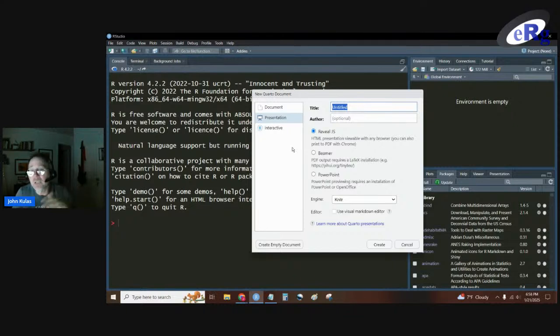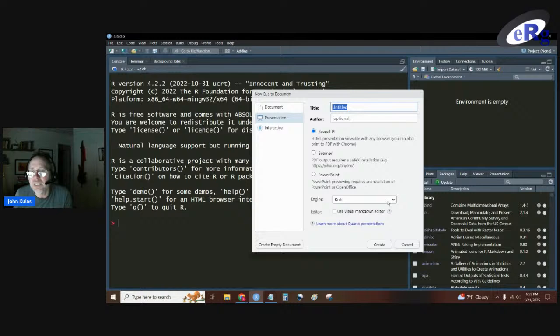This wizard is going to walk you through some fairly standard options. There are three main presentation types that you can author out of the box with Quarto. Reveal.js is the one that I've been using, and it's the default. Beamer presentations are going to give you a PDF version of slides, and PowerPoint is going to give you those PPTX versions of slides. The Reveal, to me, is the most flexible, and again, these HTML output files, I'm really liking those, so we're going to stick with that.